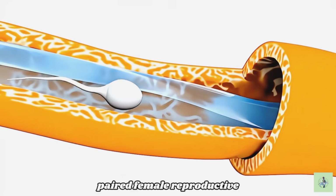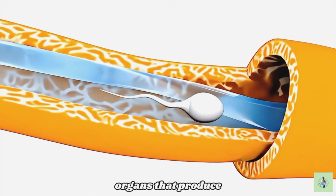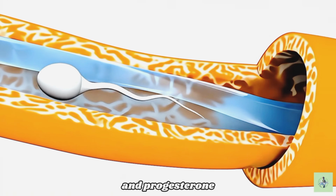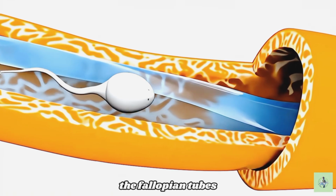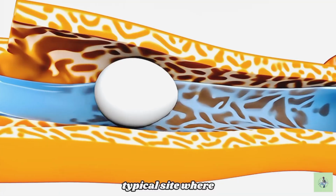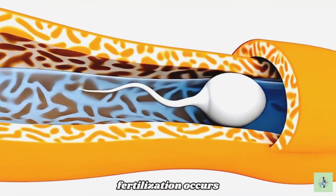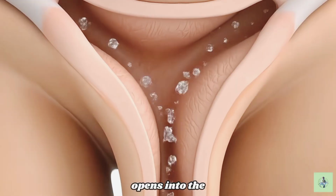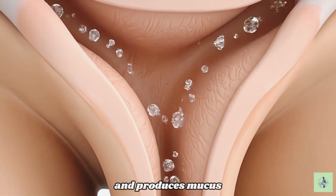The ovaries are paired female reproductive organs that produce eggs and secrete hormones such as estrogen and progesterone. The fallopian tubes carry the egg from the ovary to the uterus and are the typical site where fertilization occurs. The cervix is the narrow, lower part of the uterus that opens into the vagina and produces mucus to help